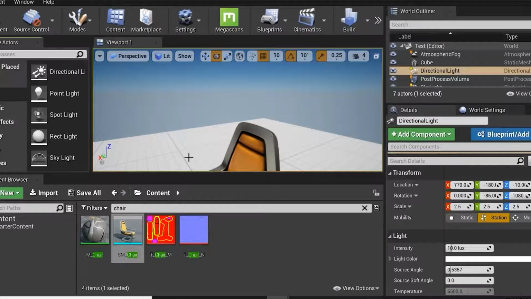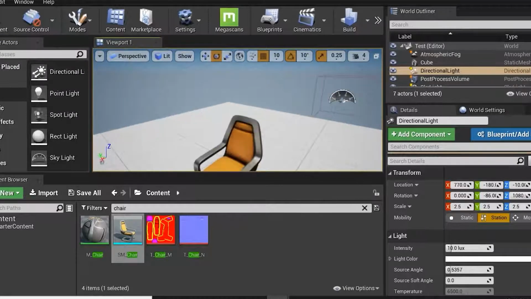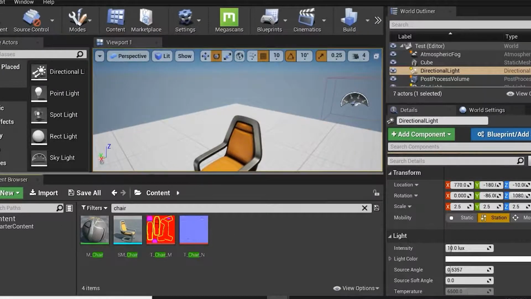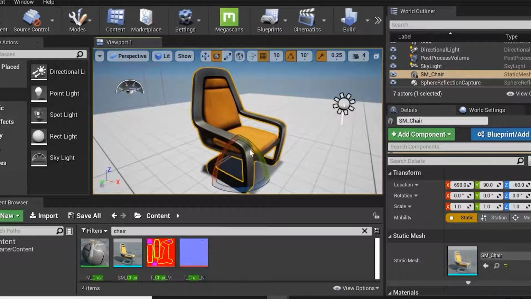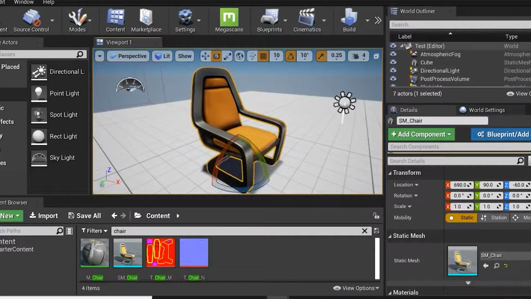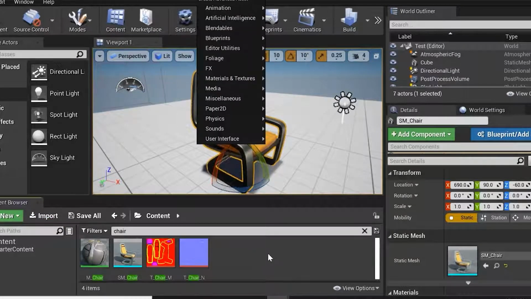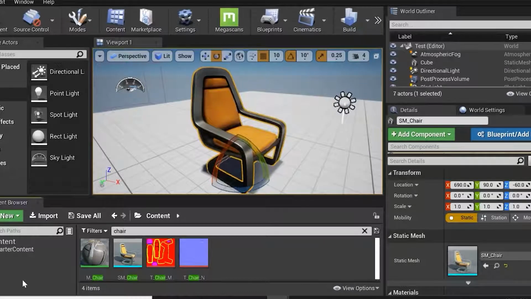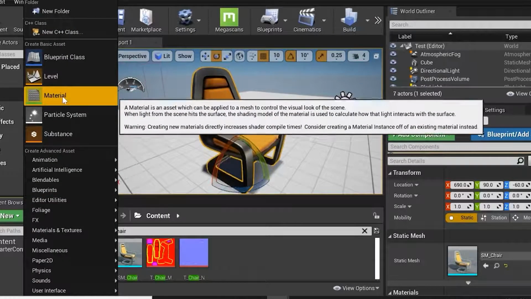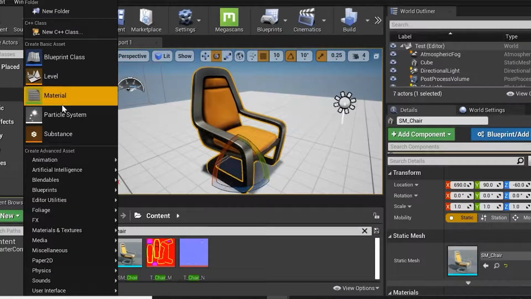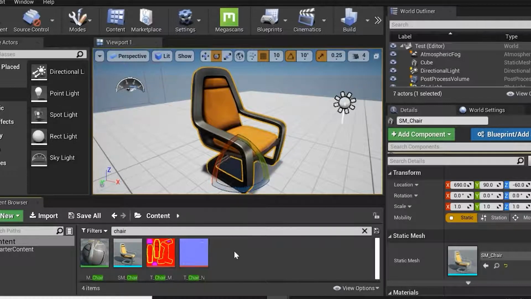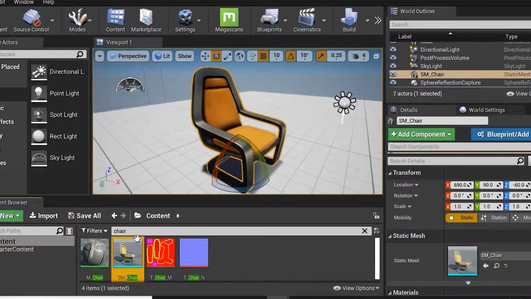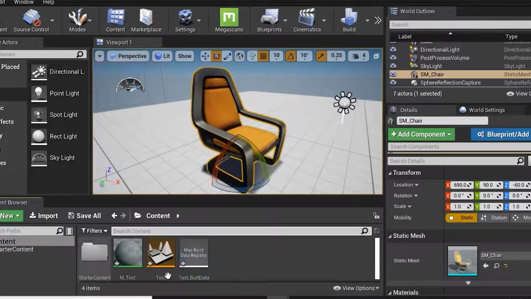So, okay, now we'll see something about the basics of the material editor, right? How can we make the material editor, what are the different options available in the material editor, right? So what I'll do, I'll go to my container, right click over here, add new material. I need to click on this content browser, click on material. I'll say M underscore test, enter. I'll just remove this chair from this M test.